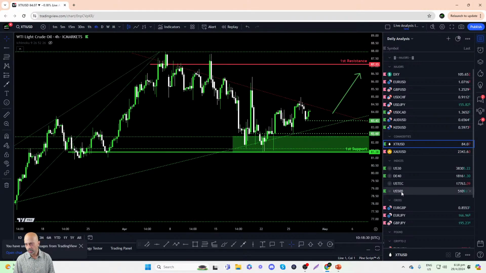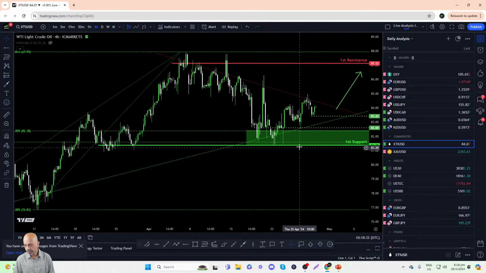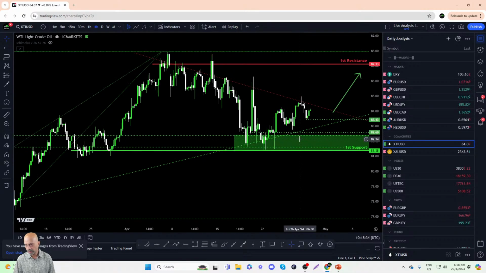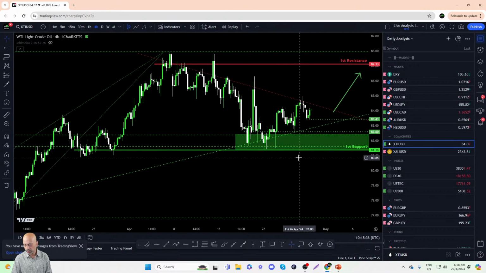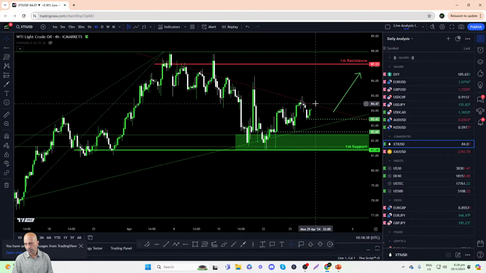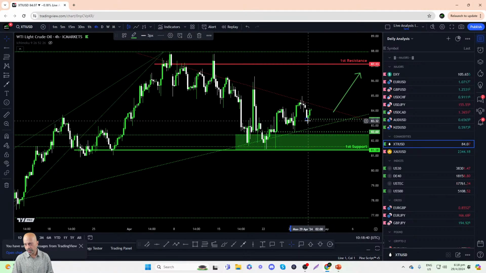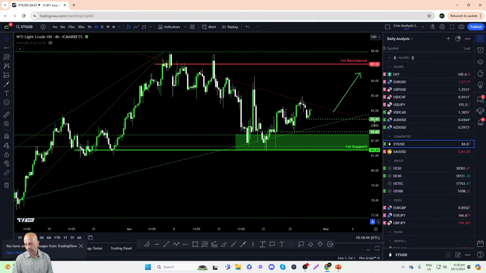Let's move on down to the 4-hour time frame. Once again, should you be looking to go long on oil, perhaps looking for a potential bullish breakout, we can use the low of today, which on the daily candle is $83.43. Identifying the stop loss about 20 to 30 cents underneath this level would be a suitable place should we see a bullish breakout take place.